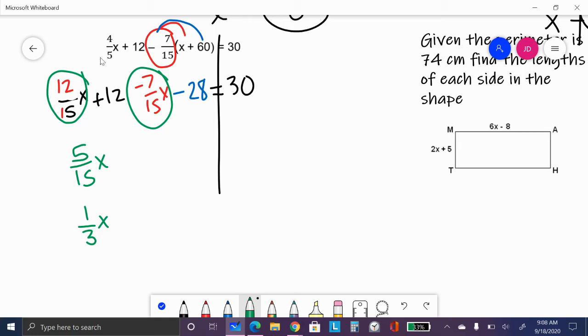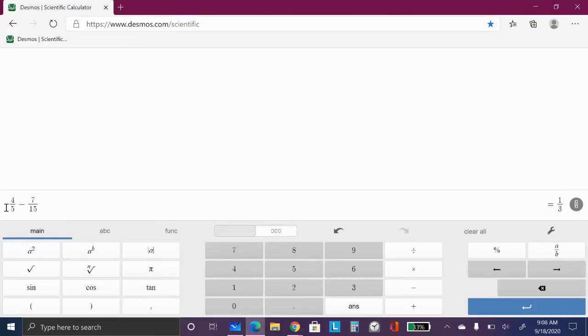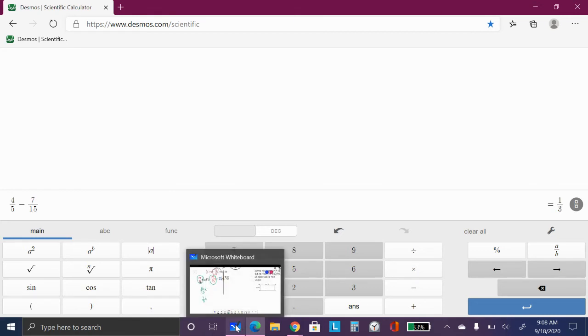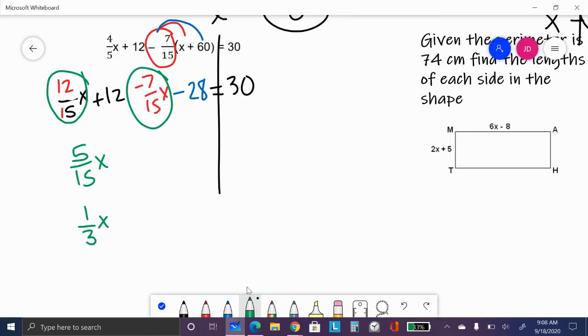Okay, so you take the fractions, the numbers out in front. Don't use the x's when putting in the calculator, and do 4/5 minus 7/15, and you get 1/3. And you can go decimal and fraction. All right, so that's an awesome trick to use. All right, the other like terms,